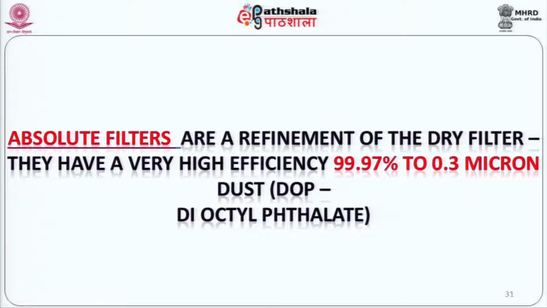99.97% at 0.3 micron dust. Now 0.3 micron dust has been selected as a standard media because that is the dust which you get from DOP, dioctyl phthalate. Phthalate is spelled with P, not T. So dioctyl phthalate, when it is burnt, generates smoke at this level, and this is used to standardize your filter. If a filter has 99.97% efficiency to this dust, 0.3 micron dust, one might safely say that you can catch hold of literally a large percent of the dust